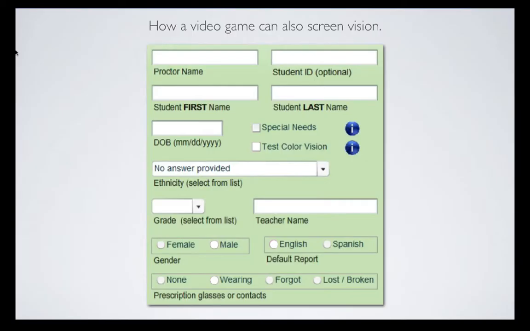And what does it look like? How easy is it to operate? Well, this is a section of the data entry screen, and this is the extent of the knowledge that is necessary. You basically just need to type in some information about the child, and that's it. Now, typing this information could take a couple of minutes, so I'm going to talk about how long it takes to vision screen children using the system, but that's the extent of what you need to do in order to provide the child with a very precise, accurate vision screening.